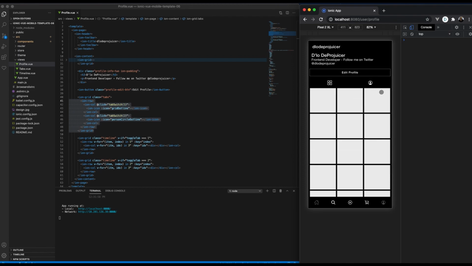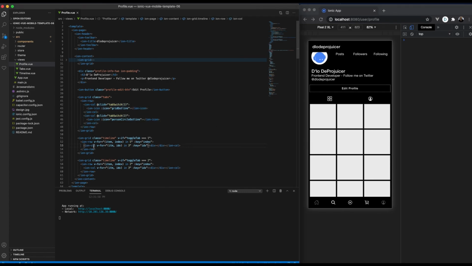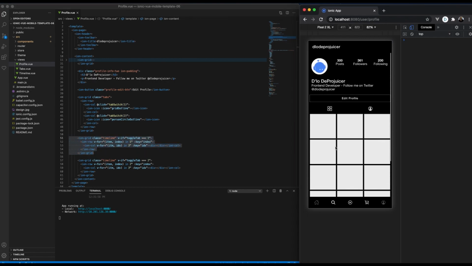The grid, which is these white blocks here, I'm using Ion Grid again, and if toggle tab is 1, meaning the default is this one, then I show this grid with all these pictures, and if toggle tab is 2,